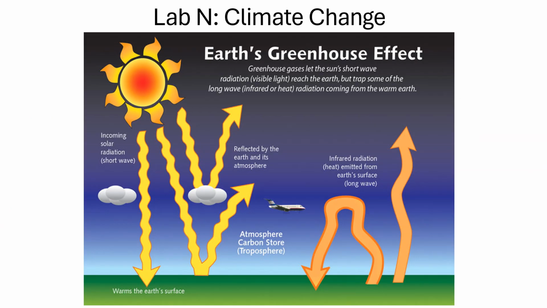In Lab N, we discussed climate change. The greenhouse effect occurs because certain gases, called greenhouse gases, including carbon dioxide and methane, as well as nitrous oxide and even water vapor, act so that they allow shortwave radiation, so visible light and UV radiation, from the sun to enter the Earth's atmosphere and warm the Earth's surface. However, when infrared radiation emitted from the Earth's surface attempts to leave the Earth's atmosphere, these gases trap some of the heat in the atmosphere